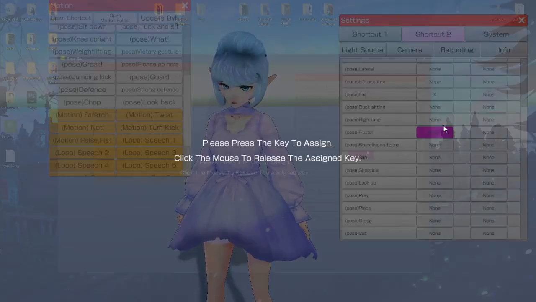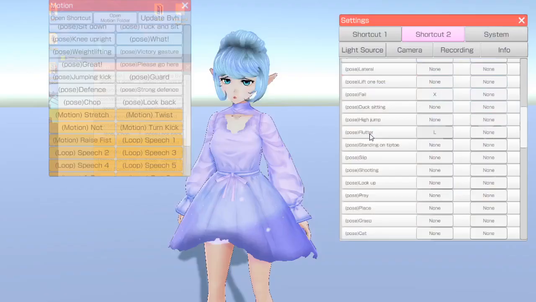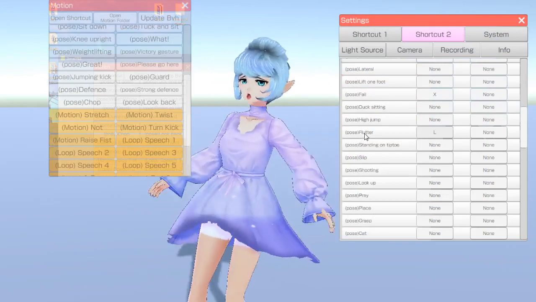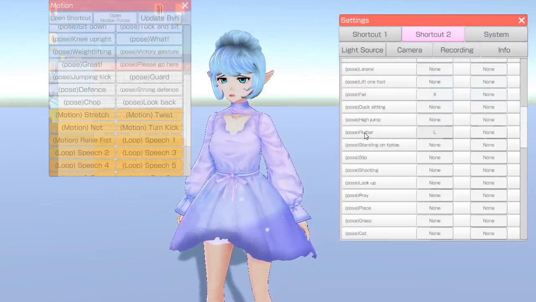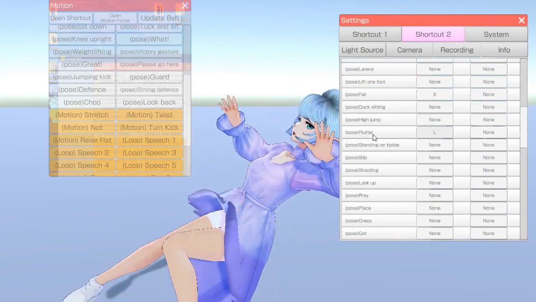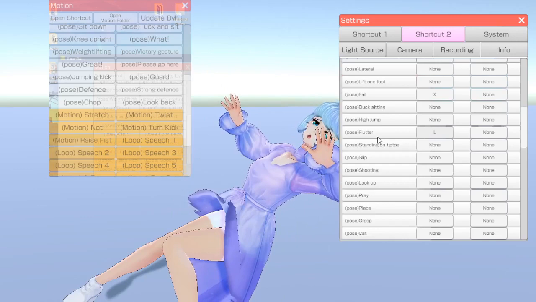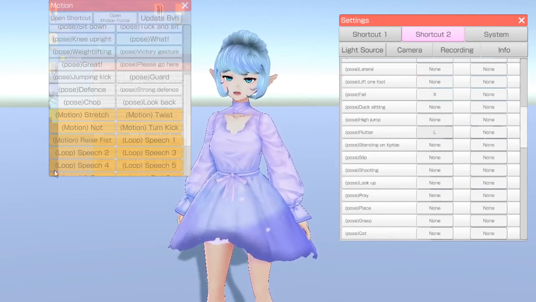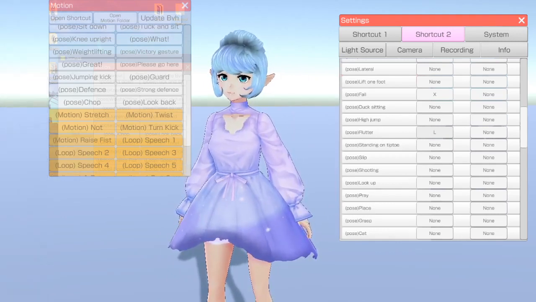You can go ahead and type in a keystroke for something. So I'm going to do pose flutter L. I keep clicking L and it will toggle me between standing, neutral, and flutter. And again, you can combo this. If I click L, as you see, I have my sorrow face activated because I had 8 clicked down. So same type of thing if you want to do any sort of combos like that, and you can do that with a Stream Deck as well if you don't want to be in 3Tene itself.